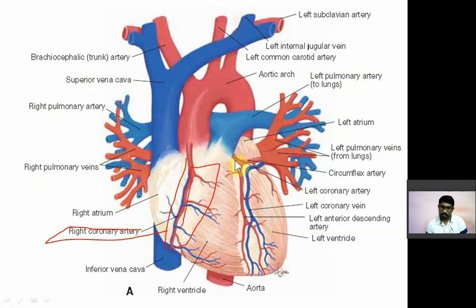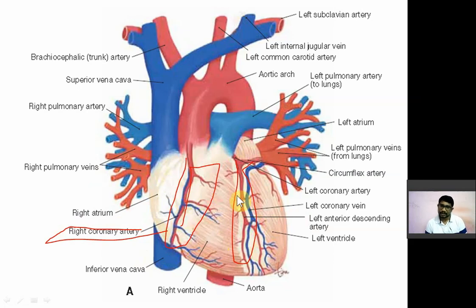Then this left coronary artery will supply blood to the left part of your heart. And the right pulmonary vein and left pulmonary vein will drain blood respectively from that part. Now, occlusion or any blockage of this right or left coronary artery,